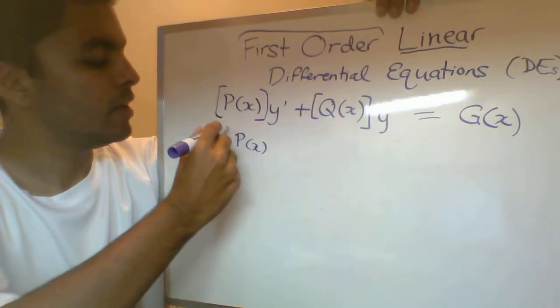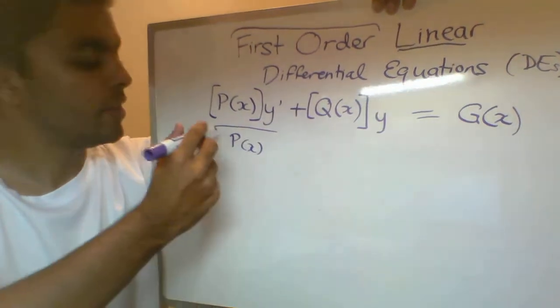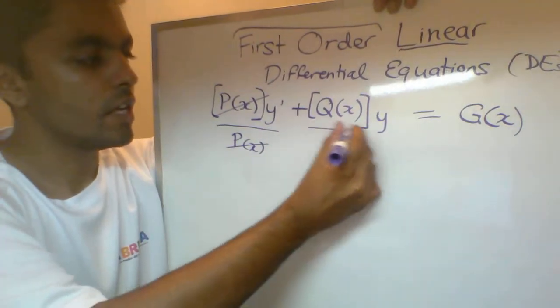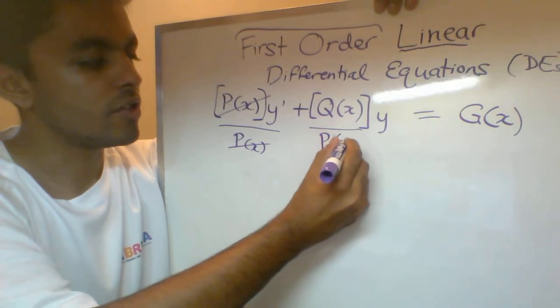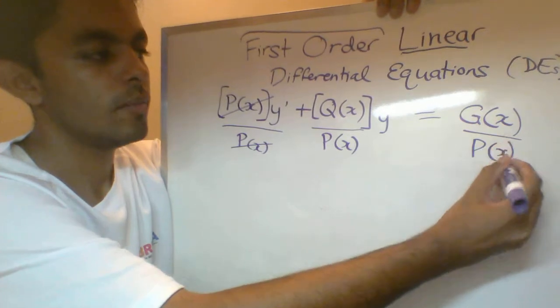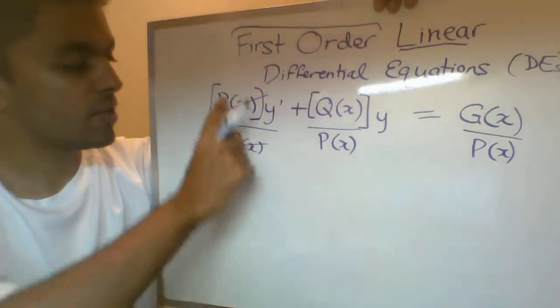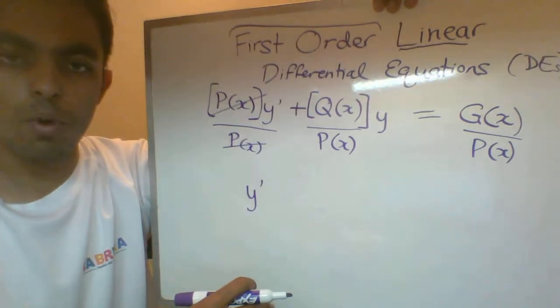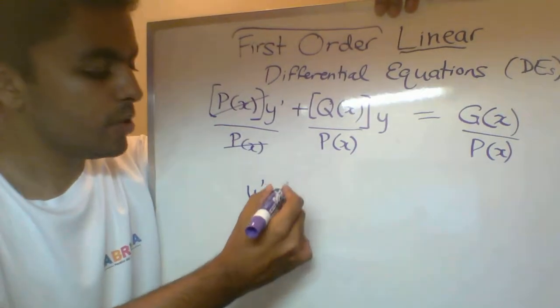So if you do p of x and you divide it out, then this p of x will cancel with that p of x, right? And then over here you also divide by p of x, so pretty much you just divide every term by p of x. So these ones have canceled, and so what you're left with is you've got just the y prime, which is exactly what we wanted to see, plus,